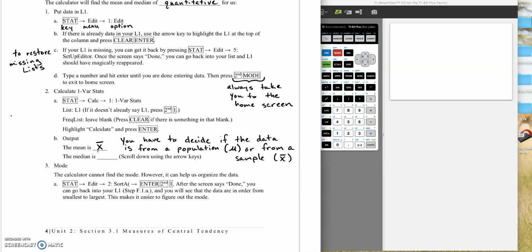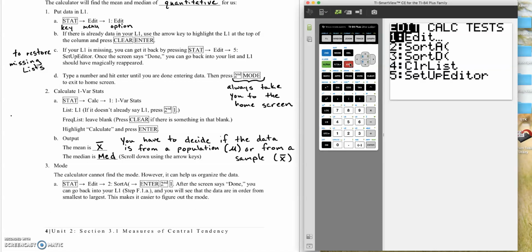The median we have to get to by scrolling down in that output list, and it is MED. So that is what the calculator calls the median. Now, sadly, the calculator cannot find the mode for us, but it can sort the data in order, either ascending or descending. So if you hit the stat key on your calculator,